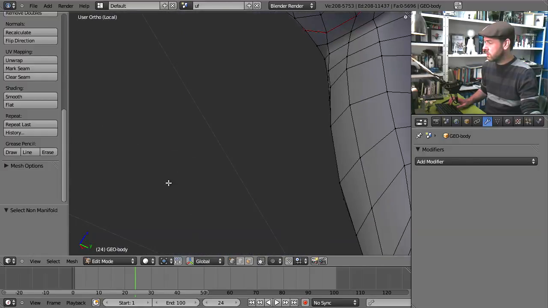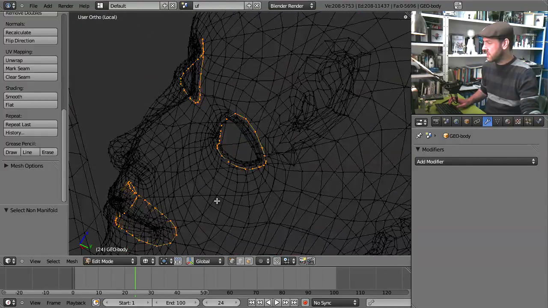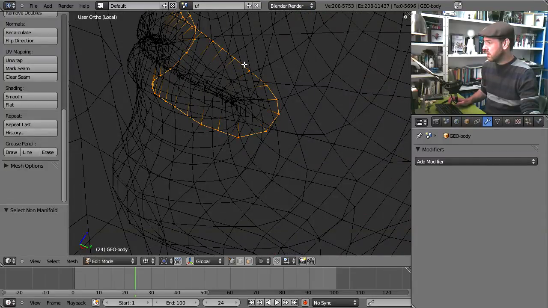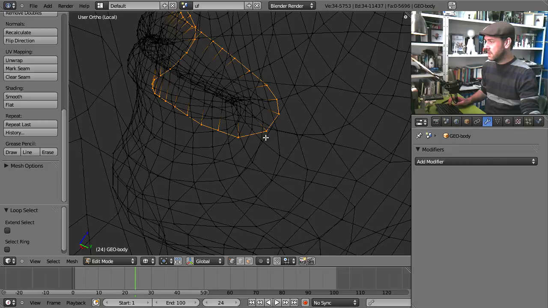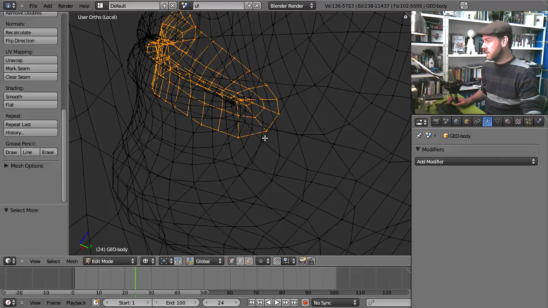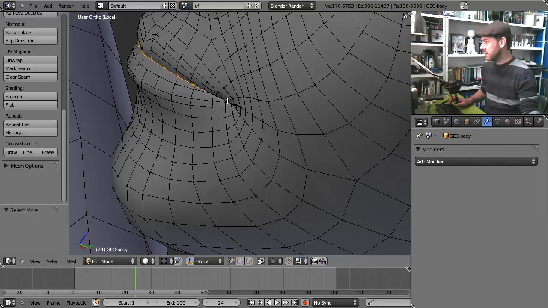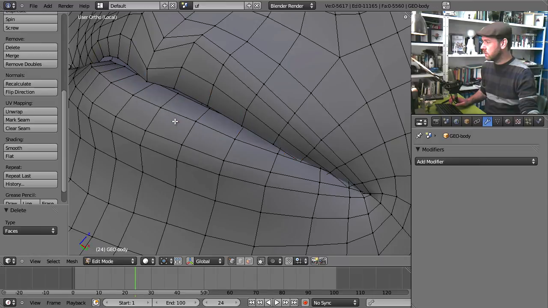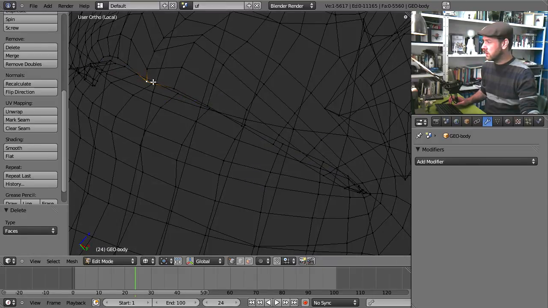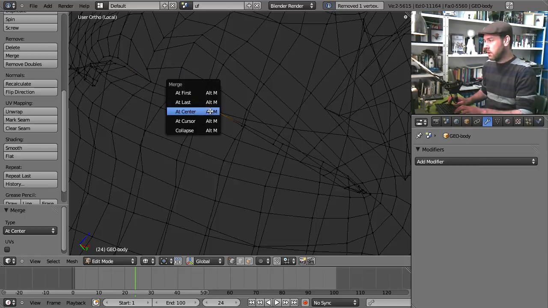One thing I did want to do very much is clean up the stuff inside the mouth. You can see there's a lot of mesh stuff in here. I do not want any of that, and what I do here is you select with Alt the outer edge inside the mouth, and then do Control plus until you can see it here. Now I can just see it. That's okay. We can just see this, and I will delete all the faces. This makes a hole in here, but we can merge all of this all over the place, and we go around, just do it by hand, and close the mouth